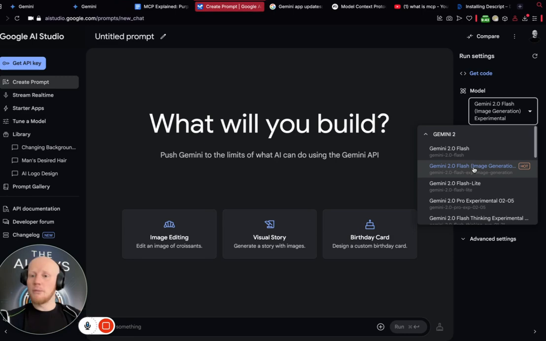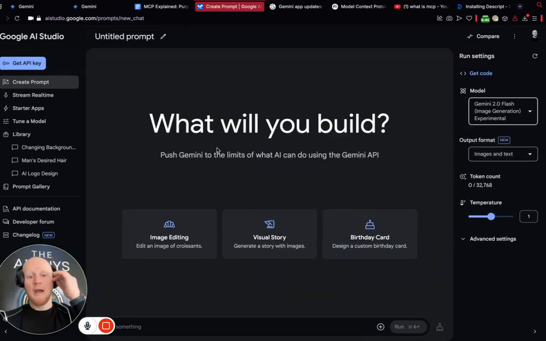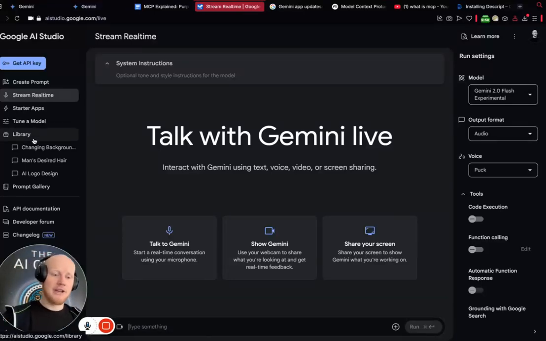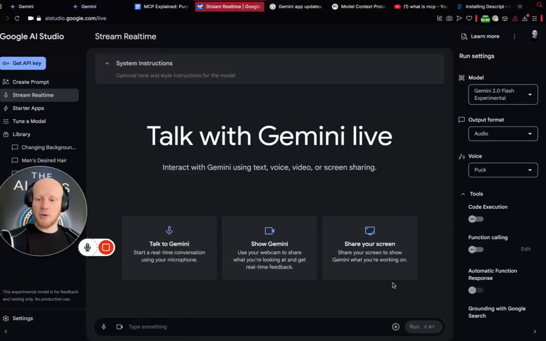But look, all of the models that are in there, you can test them out if that's what you want to do. But you've got free access and usage of these models, right? So if you're looking to use these tools without having to pay all of the fees, there are so many of them, this is a great place to come. And then you've got stream real time. This is brilliant, right? So what you can do with this, and this is the next one that I'm going to show, right? So let's have a little look.